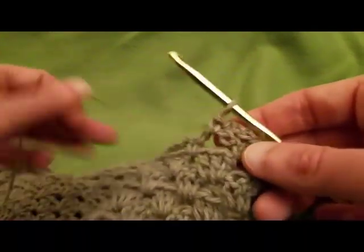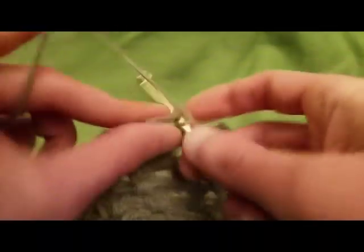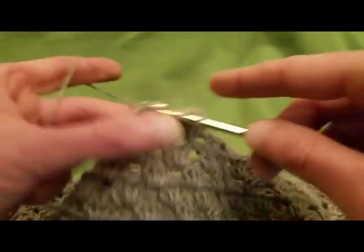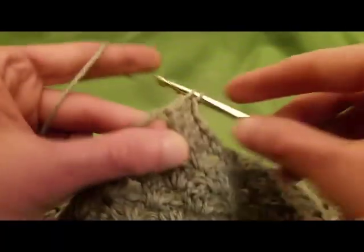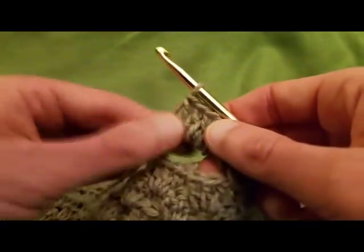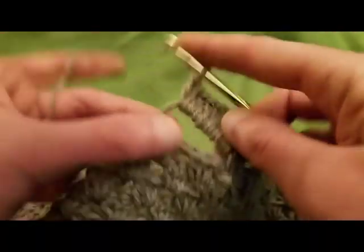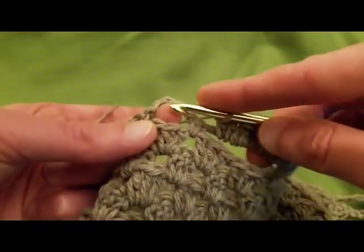because we have our chain 7 space, 10 more double crochets. 1, 2, 3, 4, 5, 6, 7, 8, 9, and 10. Single crochet into the next chain 4 space,